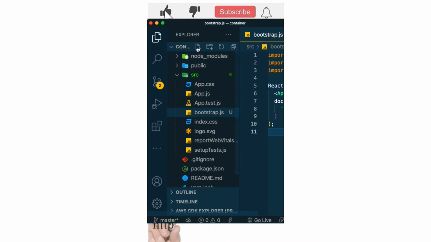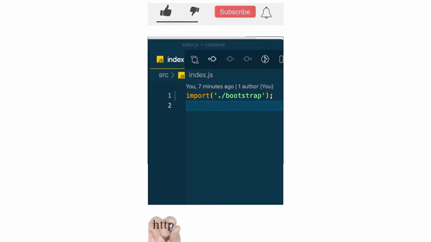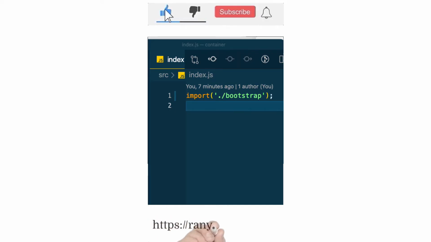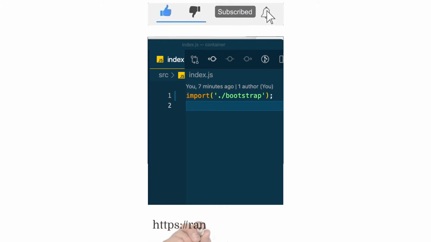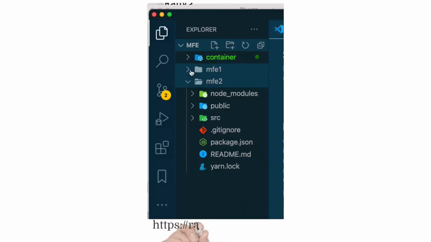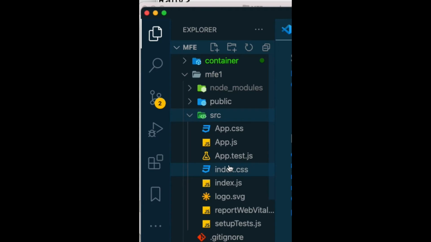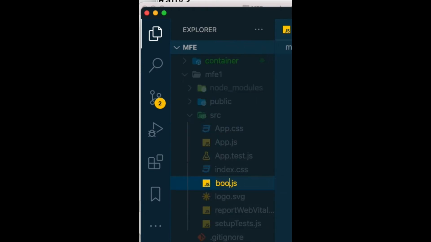Let's create a new file called index.js, and this is where we import bootstrap. Inside index.js, import bootstrap. We're doing this to be in async mode so that it will not fail until it is able to fetch the components from the URL that we're providing in the remote micro frontend. Let's do the exact same thing for MFE1 and MFE2 by renaming index.js to bootstrap.js and importing bootstrap.js in a